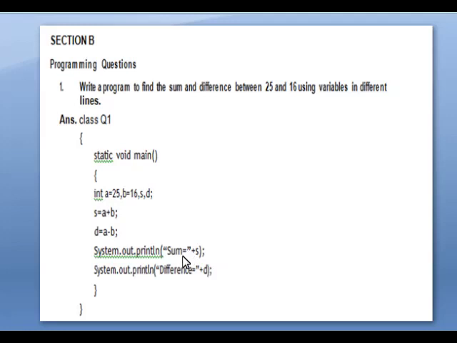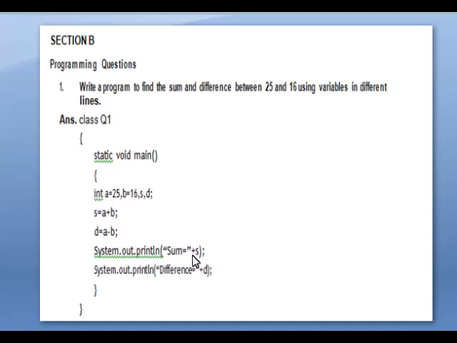If you want to write the sum of two numbers, you are able to write it, because it is our own words. The statements we are writing in our own words should be inside the double quote. Here it is written as sum equal to. So if you want to display the sum on the screen, you have to use the operator plus.